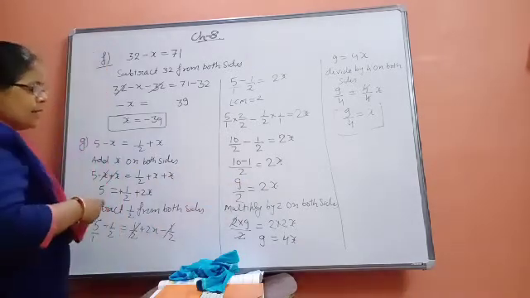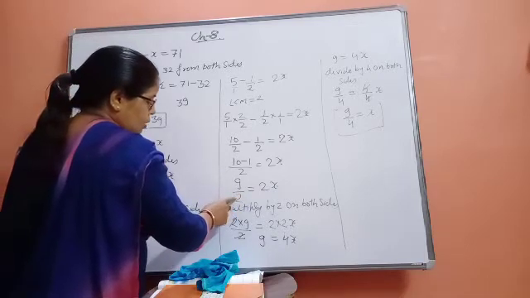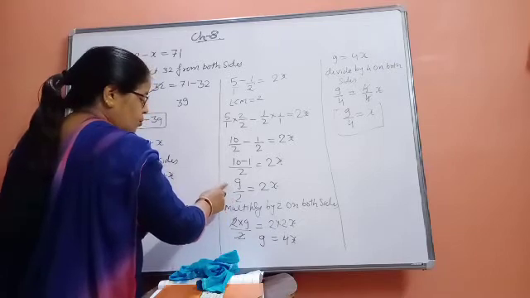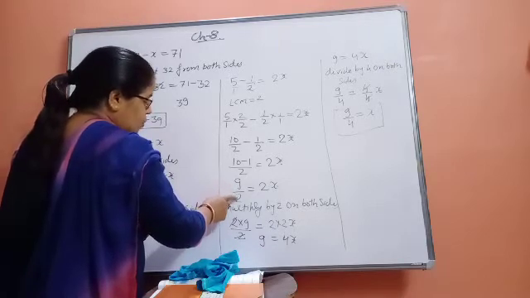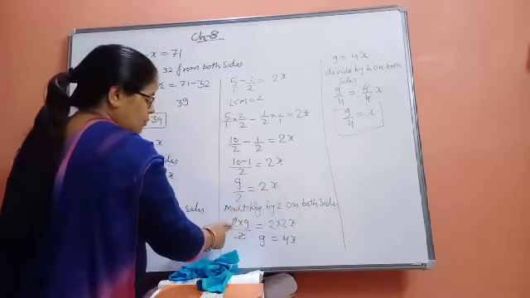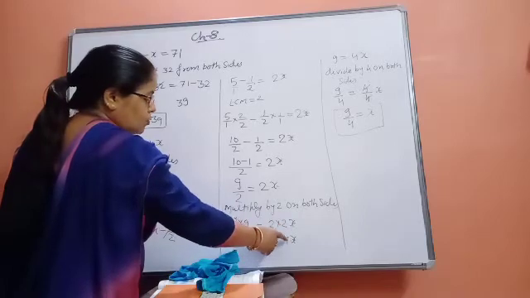So next time, beta, you can see that here 2 is there. So what we will do, we would like to remove this 2 from here. If in the numerator also 2 will be there, then 2 and 2 will become cancelled. So what you will do, multiply by 2 on both sides. So it will become 2 upon 2 into 9 is equal to 2 into 2x is equal to 4x.